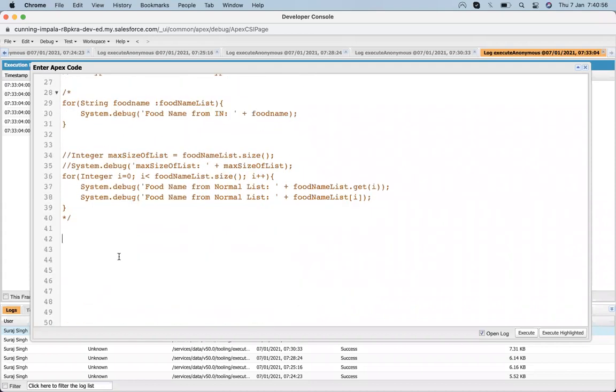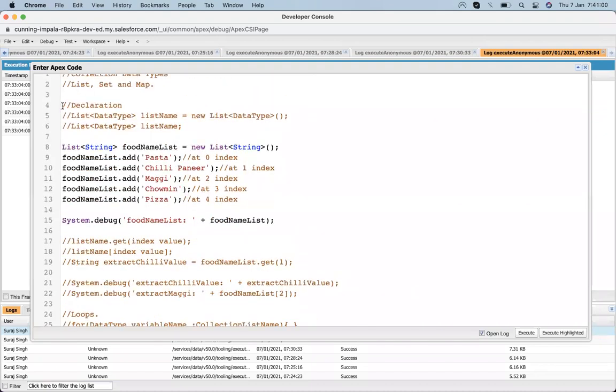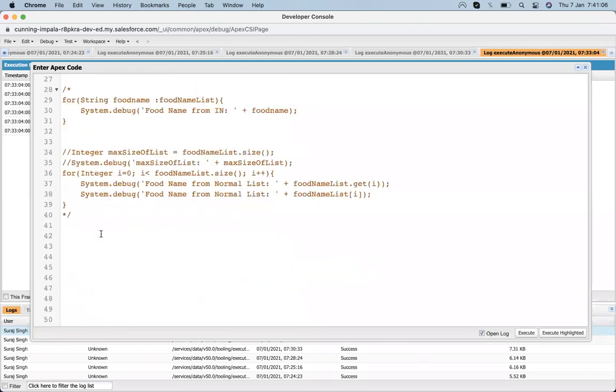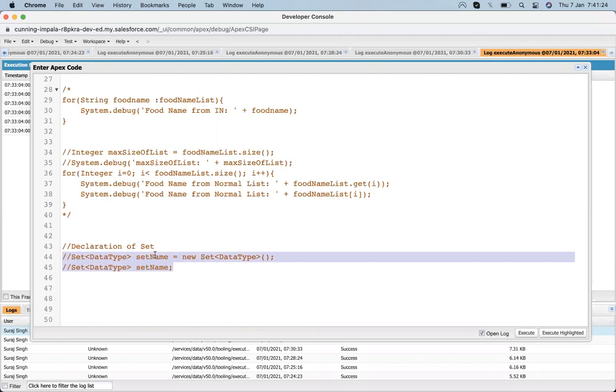So for declaring a set, we have the set declaration like the list declaration; the only change is that instead of list it will become set, and then the set name. It will be declared in the same way.